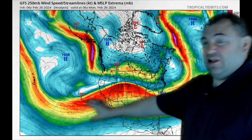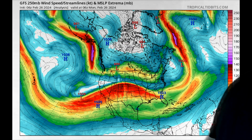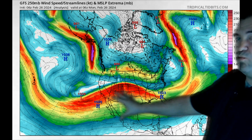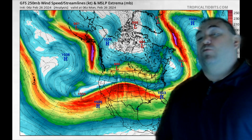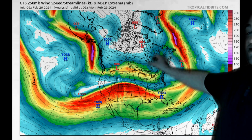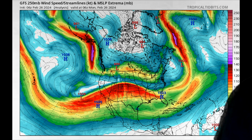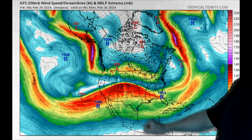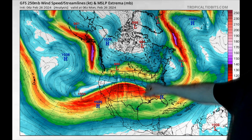And so what's happening is that southwest flow in the southern jet stream is overwhelming what's actually some cold air across northern Canada here, pushing it further north. That ridge is going to be reinforced by all this relatively warm Pacific moisture, not like hot, but relatively warm, pushing in across the central part of the country, building a ridge across the eastern two-thirds of the country and allowing southwest flow at the surface to be pushed into New England. And what that means is temperatures will rapidly rise. Some of this is already happening today. It'll happen more tomorrow and Wednesday ahead of the storm